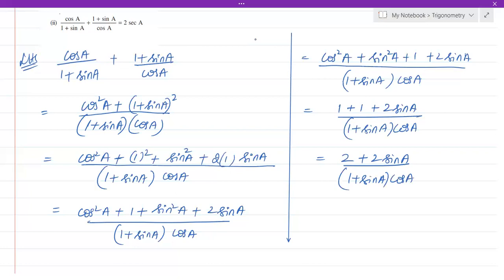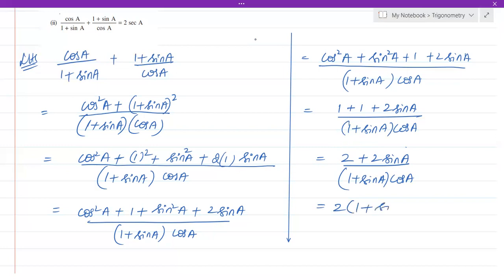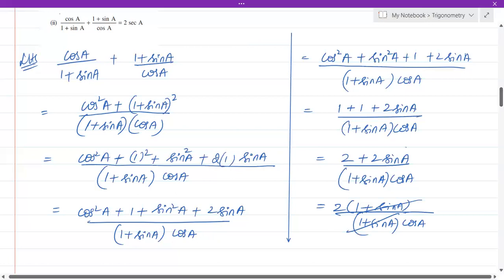Remember, you are not supposed to add this 2 and this 2 because this 2 is along with sine A. Okay, so this is like a different term. This is a different one. So you're not supposed to add it. Okay. Now what you can do is you can take 2 common. If you take 2 common, 1 plus sine A divided by 1 plus sine A into cos A. So if you observe carefully, 1 plus sine A, 1 plus sine A gets cancelled. So the thing that we are left out is